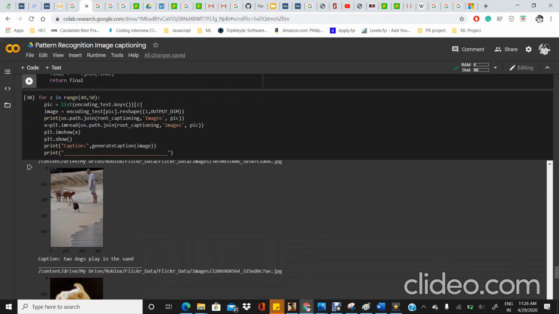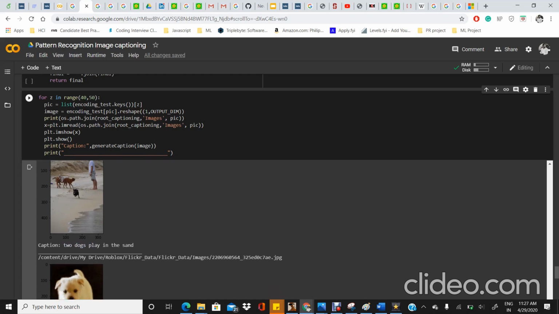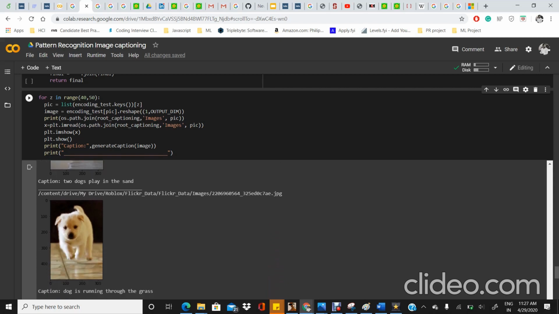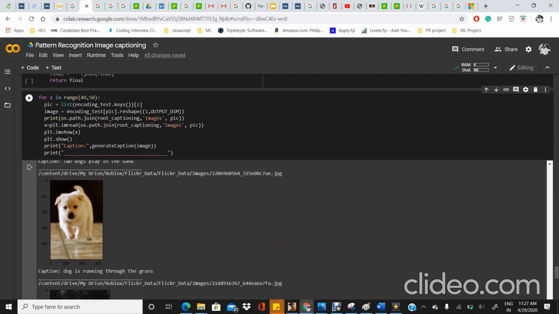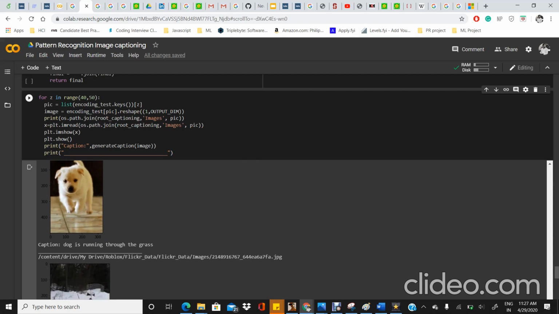Here we can see that this is the image that is fed into the network from our testing set, and we can see the caption that is generated, which is "2 dogs play in the sand." I can say that this is very accurate, as there are dogs which are playing in the sand, but it is not able to identify that there are more than 2 dogs and there is a man. So our model is quite good in predicting some simplistic images. For example, again there is an example of a dog where we can see that the dog is running through a floor, but it is predicting it as grass, which is the limitation of the lesser number of images in our data set.